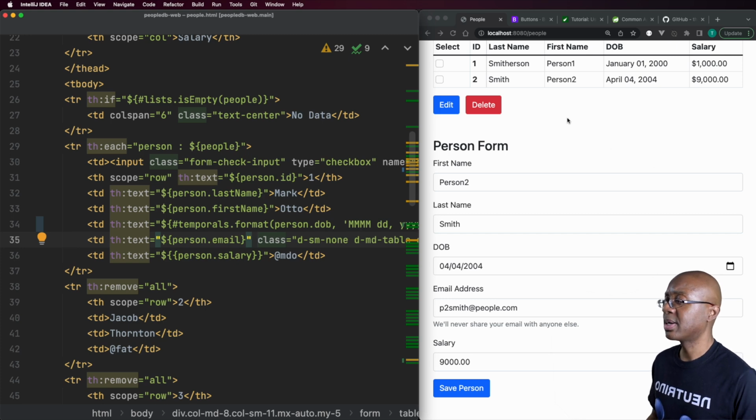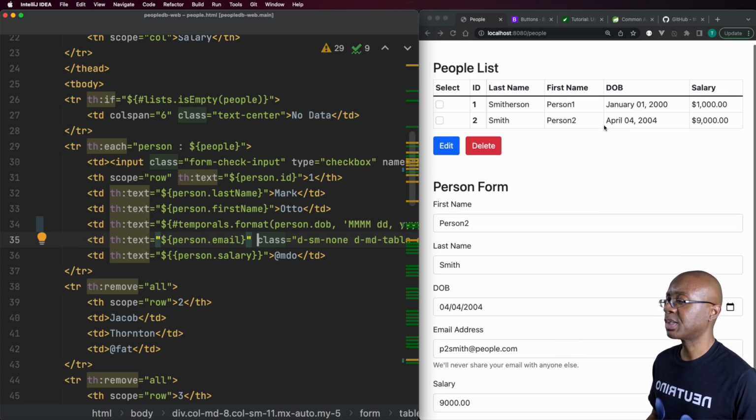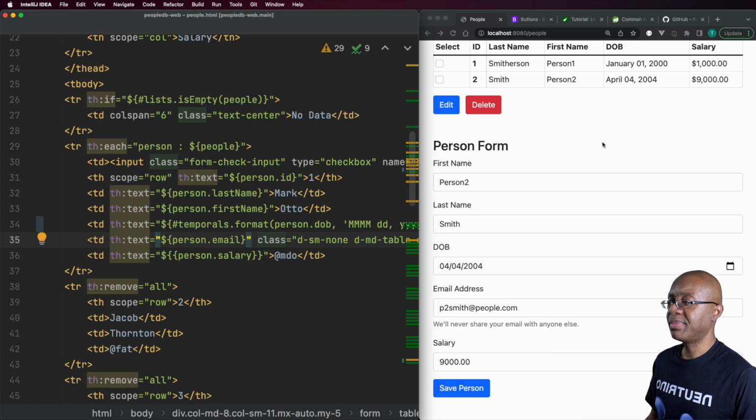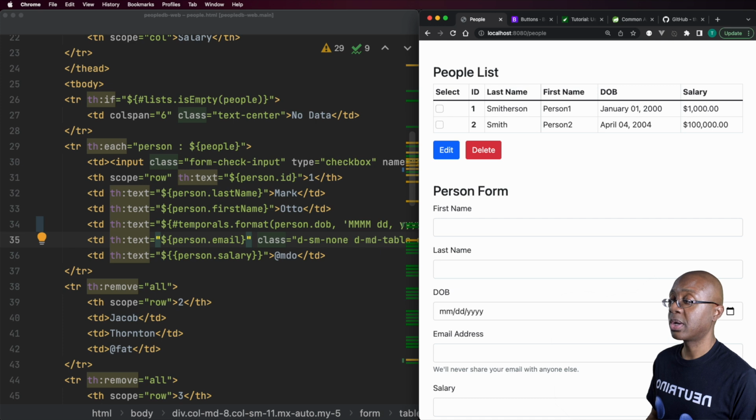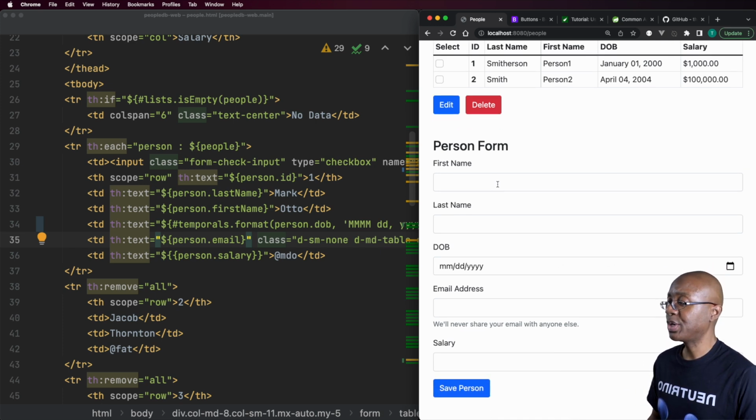So let's see here. Let's add a few more records, I suppose. So let me finish editing this record. So let's change this amount again. Maybe we'll make it 100,000, 100, 2, 3, like so. Enter. Okay, so we've got 100 grand now. And then let's add a new person,